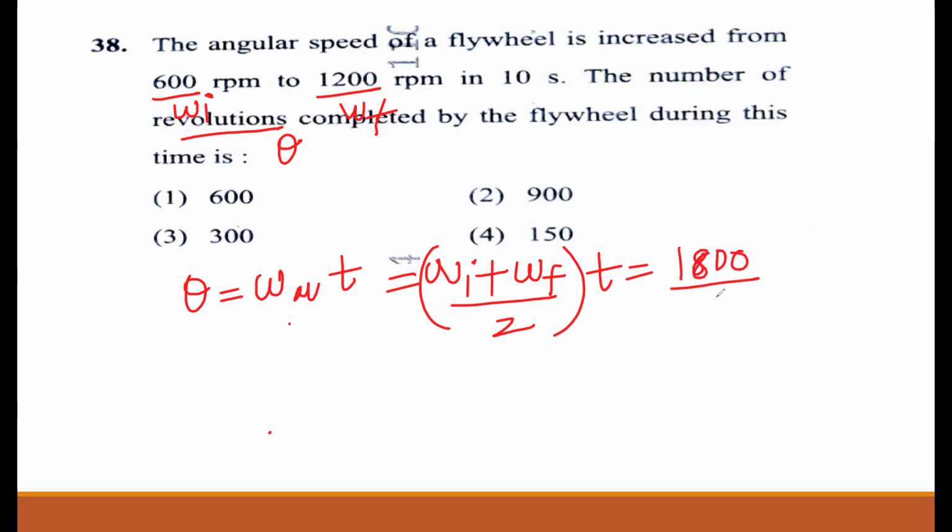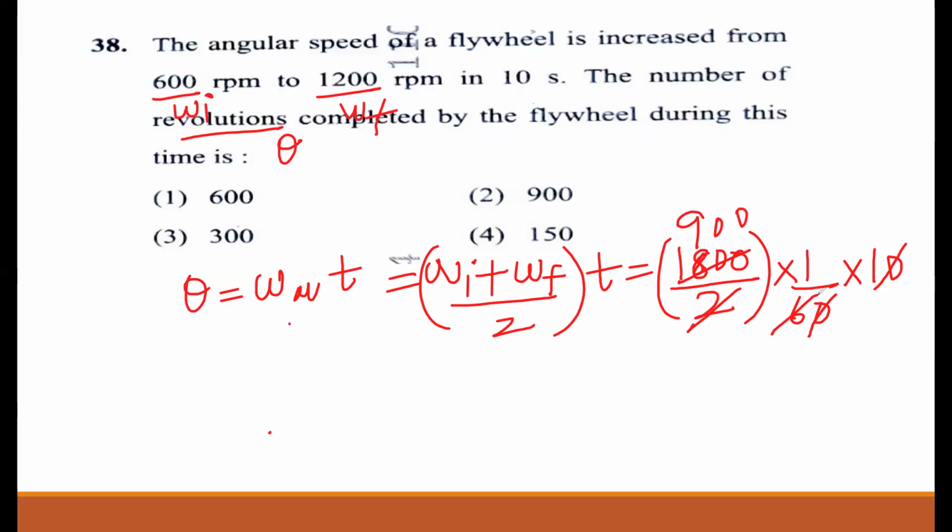We have rpm, so the minute is in the denominator, so by 60 into time. Time is again in the numerator, that is 10. So let us cancel out. 900 by 6, 300 by 2, so that is 150. So 150 would be the answer here. So the fourth option would